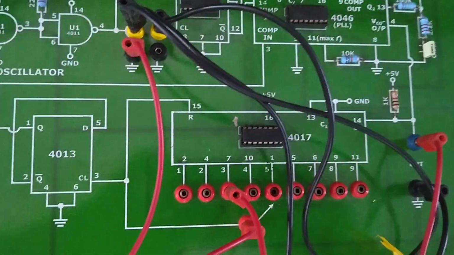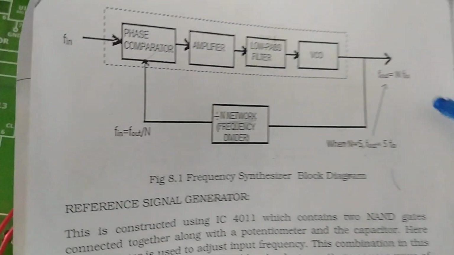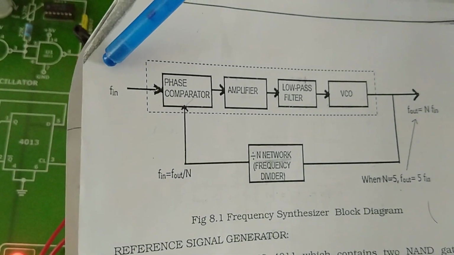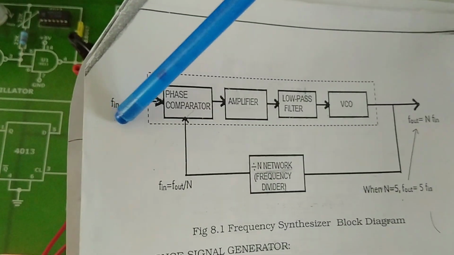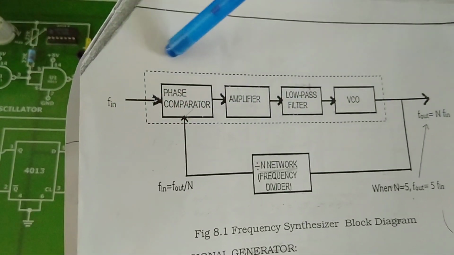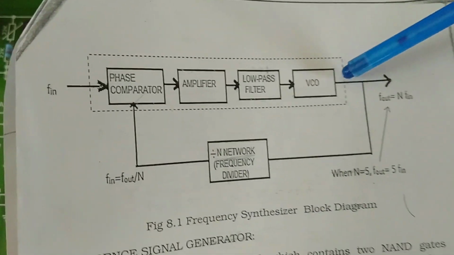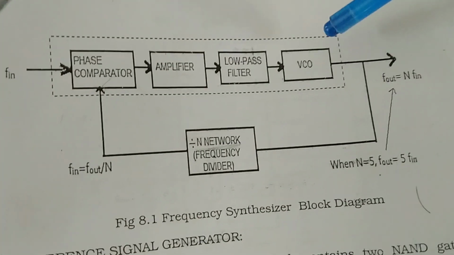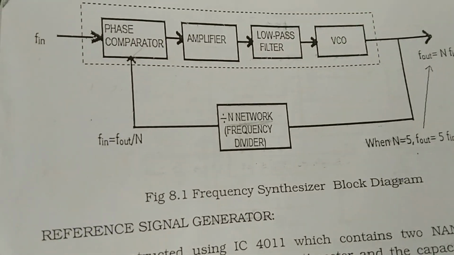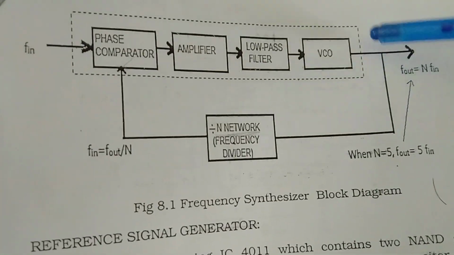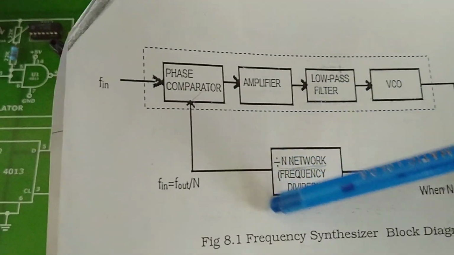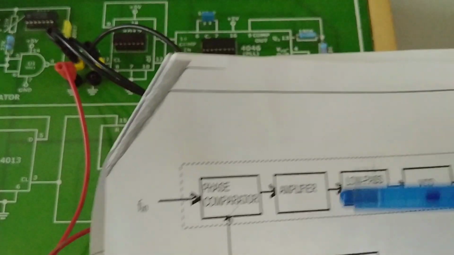If you look at the block diagram of this frequency synthesizer, from F in we are going to provide the reference input signal frequency, which is generated from the oscillator, to the PLL circuit. The PLL circuit mainly consists of an LPF and a VCO. As you already know, the voltage controlled oscillator develops a controlled response according to the input voltage variations. This is then provided to the divide network, or we can say it is a decade counter.